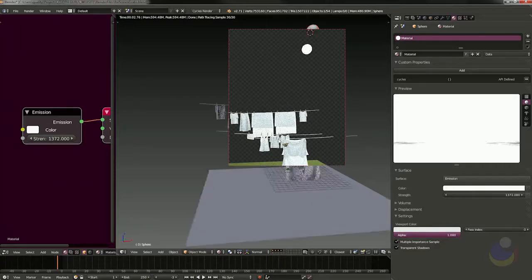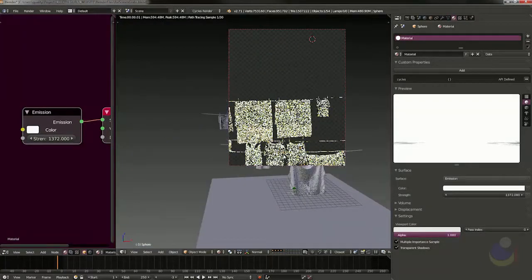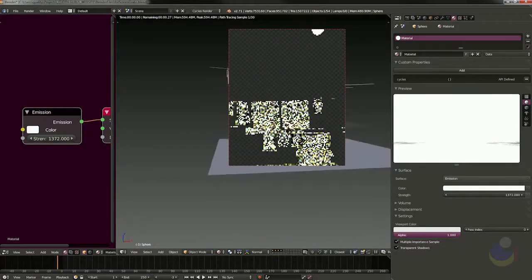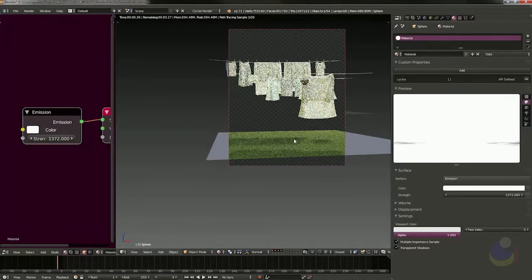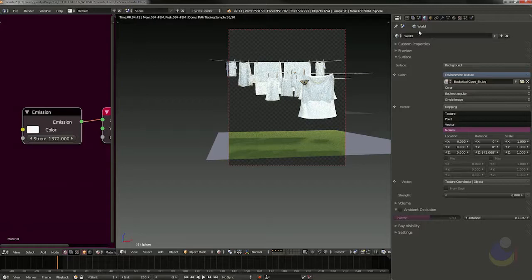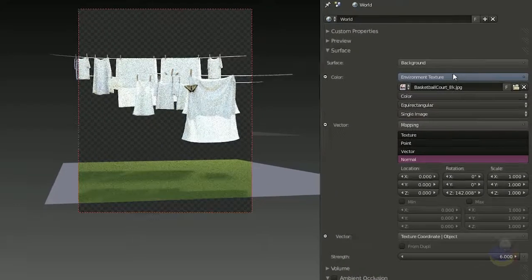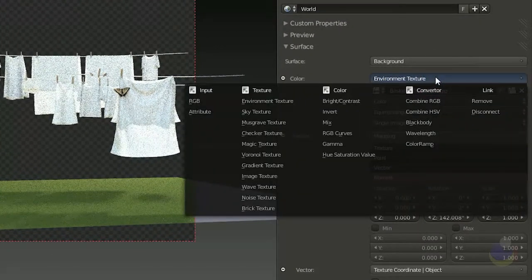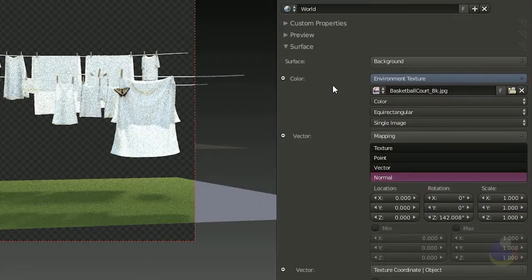The other lighting component that is in this scene, which you can't actually see here, is I've added some image-based lighting. And so to do that, you need to go here to your world settings, and if you click on your color, choose environment texture. And once you get your environment texture, you can add in here a texture. And I've gone ahead and I've grabbed